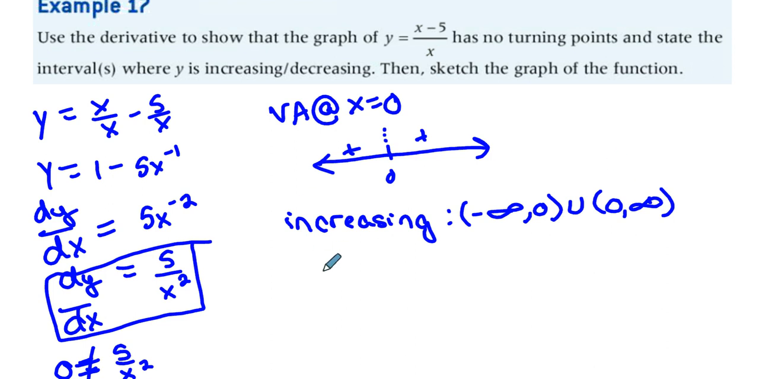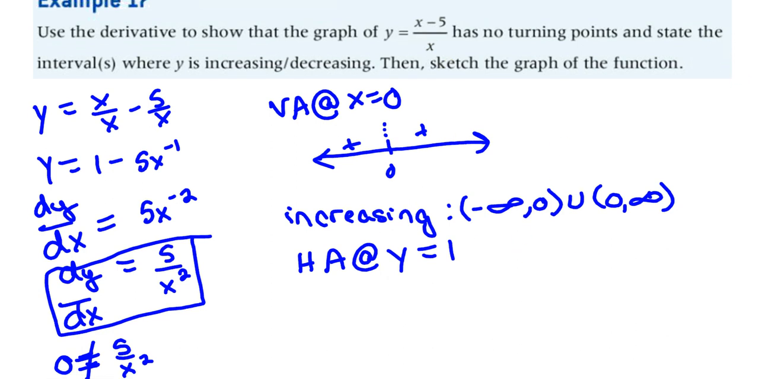I now need to look at my horizontal asymptote. This is something that you all should remember. At y equals 1. Degrees are the same in the top and bottom, therefore it's the ratio of your coefficients, 1x over 1x, which is 1. So when we sketch this graph,